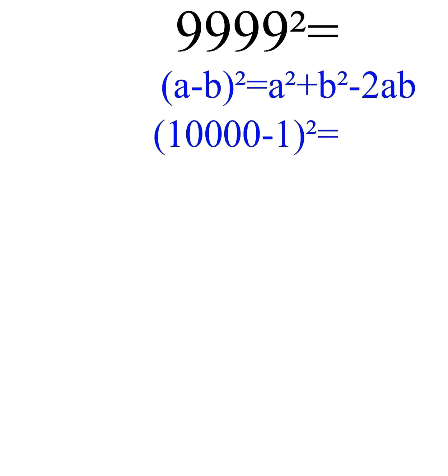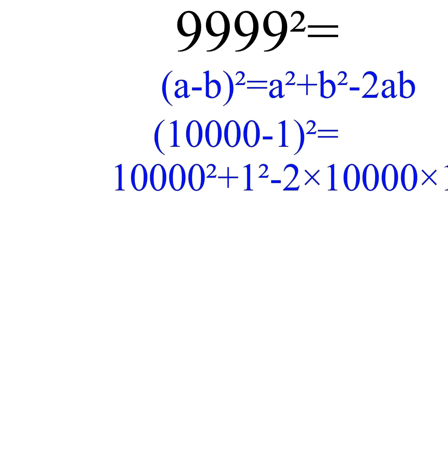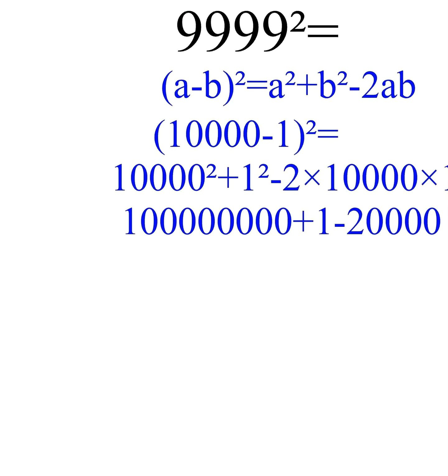And we write it down as this. We expand it. Okay, 10,000 squared would be 1 with 8 zeros, plus 1 minus 20,000,